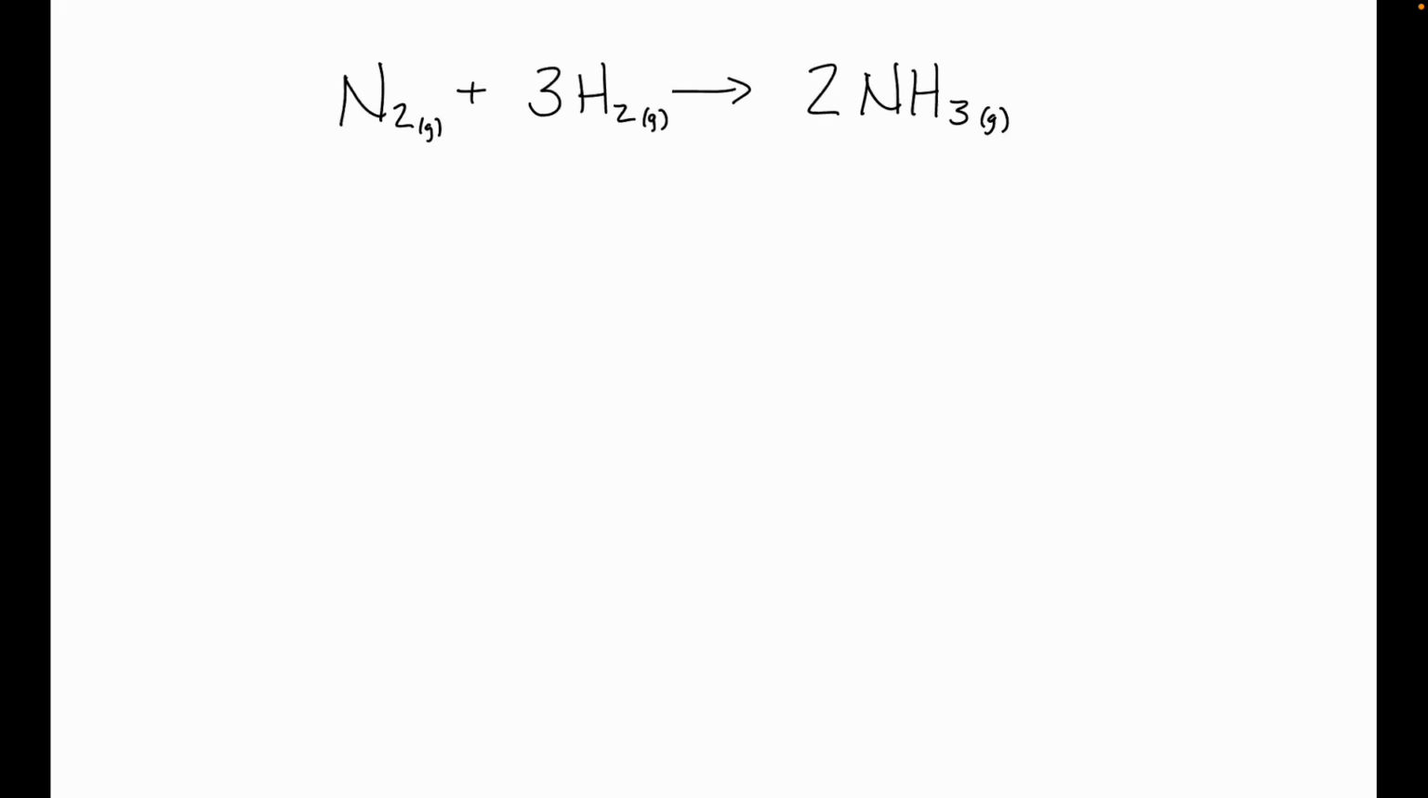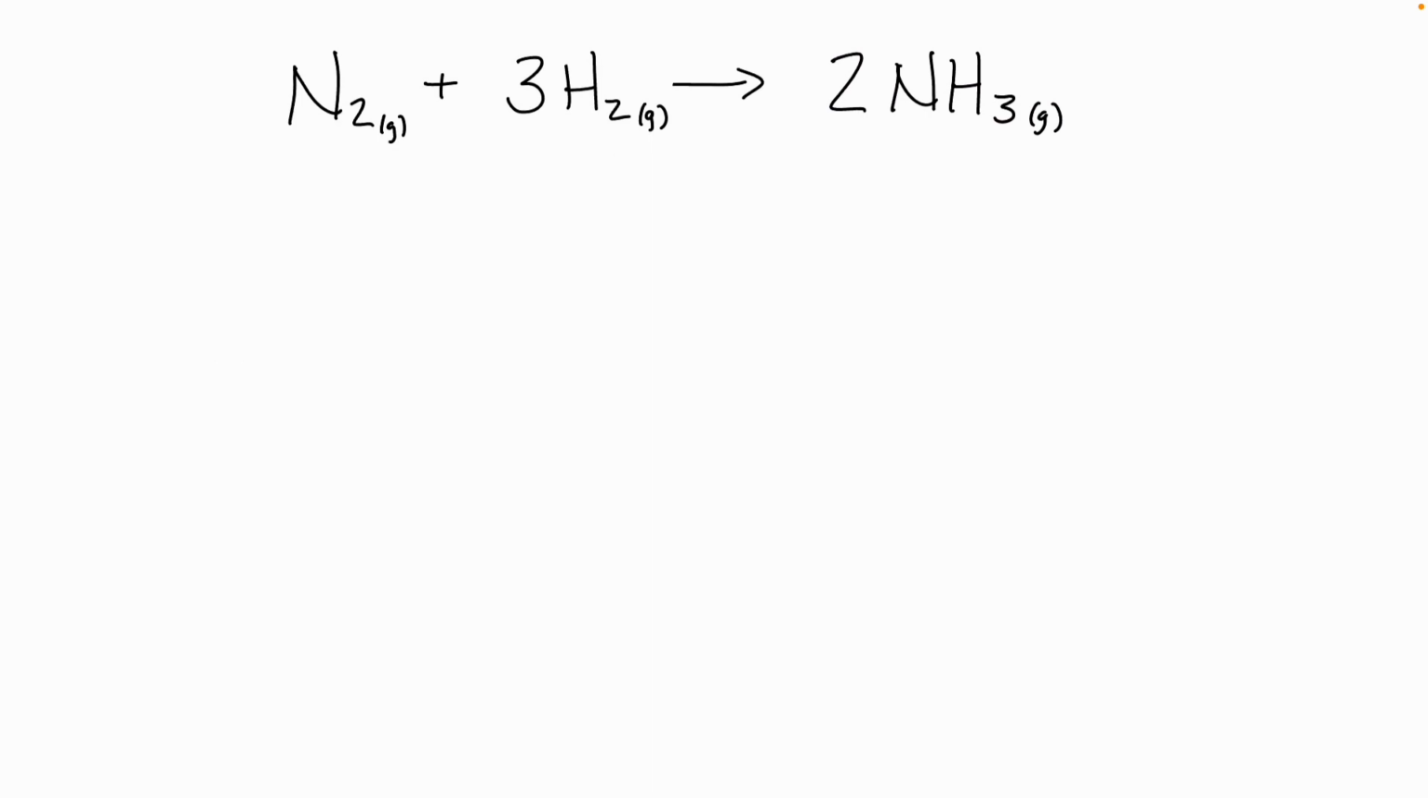All right, so if I'm going to carry out this reaction and measure the rate of my reaction, let's define our rate in terms of the nitrogen gas concentration. That would be the change in nitrogen over the change in time. But again, since nitrogen's a reactant, I'm going to have to put a negative sign,